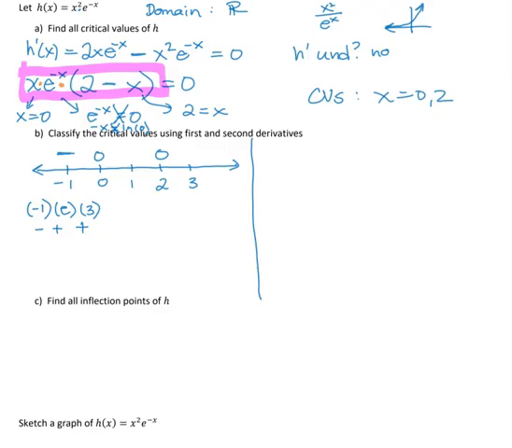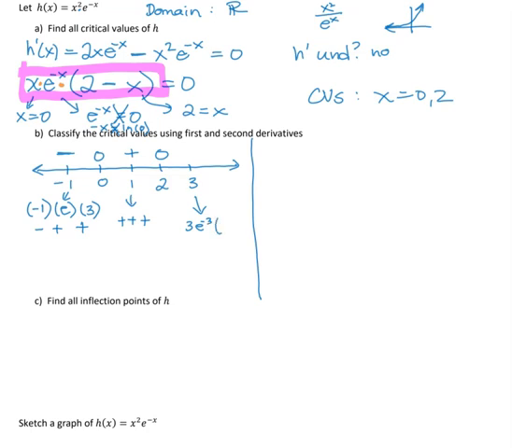When I plug in 1, I get a positive 1 times e to the -1, which is still positive. E to any power is positive. And then a 2 minus 1, which is also positive. So that's a plus. And then when I plug in 3, I get 3 times e to the -3, and